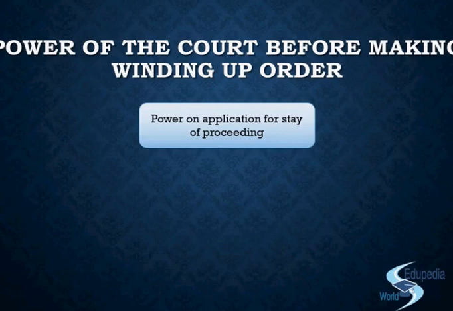So, since the beginning, when we have been discussing winding up, we have been talking basically about 3 categories of people. One is the creditors, who will be affected by this winding up. One major ground of winding up is that the creditors file a winding up petition because they are not being paid their dues. So even if the company is going for winding up, the creditors are not sure whether or not they get their money. They are at risk, plus they're losing the business. So it is a state of dilemma for them whether or not to take the winding up.